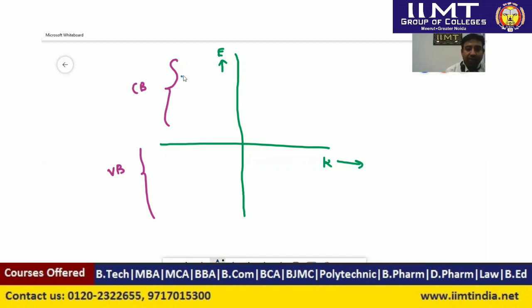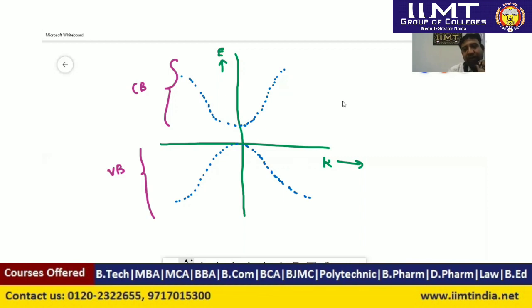Now, as we have seen in the energy and lattice diagram, this is the shape of conduction band, and simultaneously this is the shape of valence band. Now, if we take the case of temperature greater than 0 degree Kelvin, this is the valence band. It's from here that electrons actually jumped and went to conduction band.